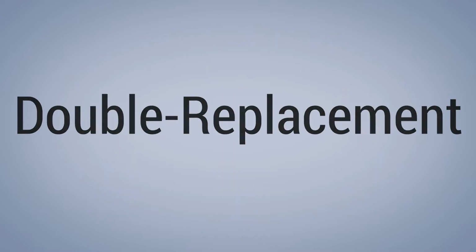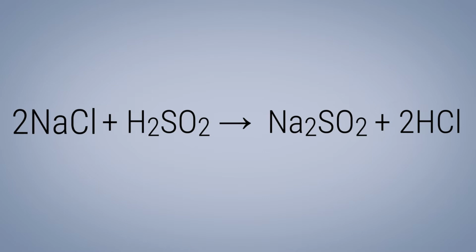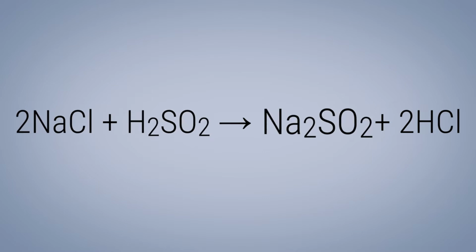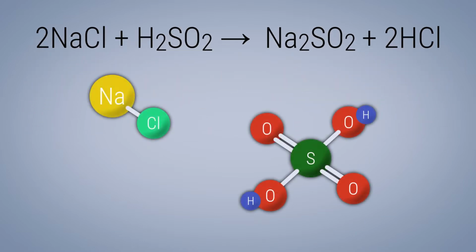Double replacement. In our next example, we have sodium chloride plus sulfuric acid producing sodium sulfate plus hydrochloric acid. In this example, we have an exchange of partners, if you will. Sodium is now paired up with the sulfate, and hydrogen is now paired up with chloride. When two ionic compounds with positive cations and negative anions swap places to form two new compounds, we refer to